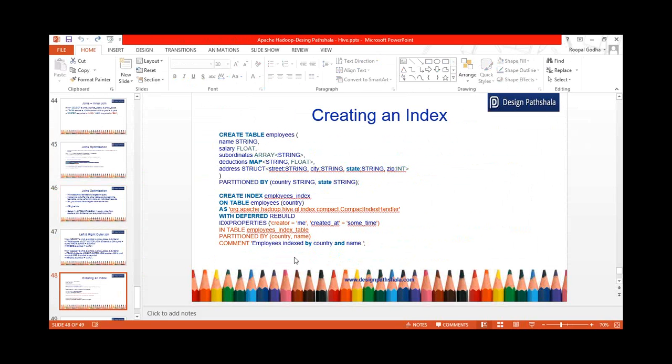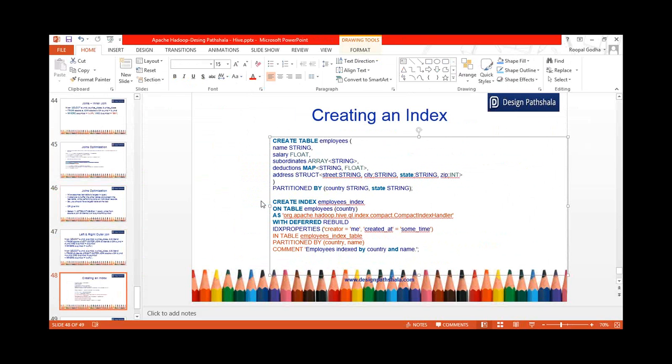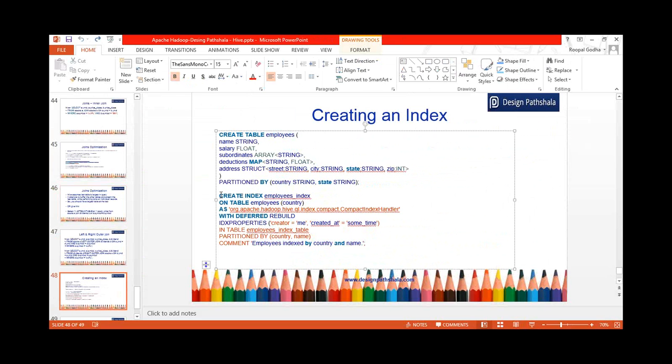Also, you have to optimize the queries based on the joins you're running, and that would make your queries much faster compared to creating indexes on the tables. But this is how you can create an index on the table, partition by so and so. So over here I'm creating an index on this table, and using this